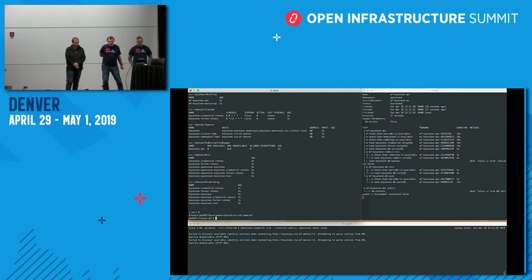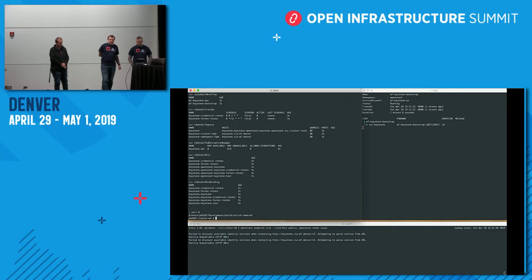And again, here, unfortunately, it just takes a bit of time for all the probes to kick in and the ingress controllers to add endpoints. The other thing that we have here is a second workflow that allows us to perform any post-deployment actions we want. Typically, this would be doing things like setting up roles and any additional domains you want if you're interfacing with LDAP or something like that.